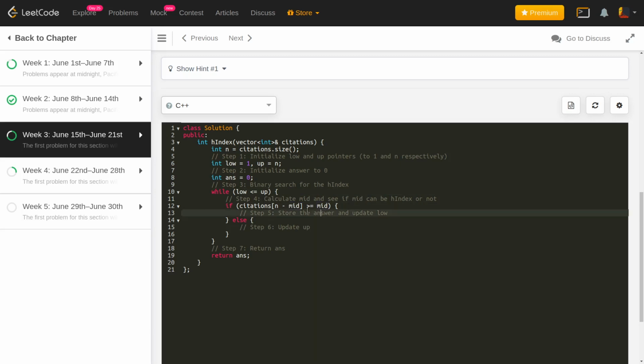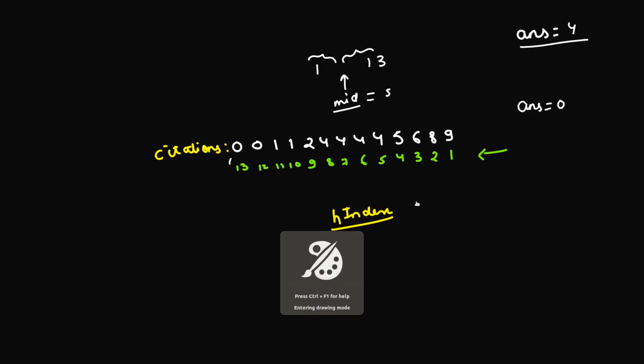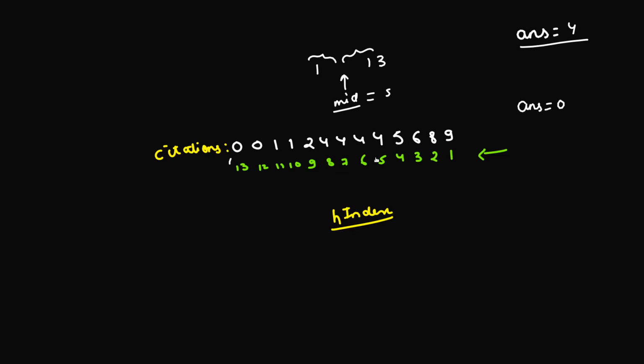Now if you want to calculate the midth value from the end, that can actually be calculated as citations of n minus mid. So if you have to calculate the value which is the kth value from the end, you are interested in finding the index of that particular value. Suppose this is the value which is located at a jth index from the beginning, and this is the kth value from the end. So what does that mean? That from this value to the last value, I'll be having a total of k numbers. Okay, what is the index of the last position? That is going to be n minus 1 definitely.